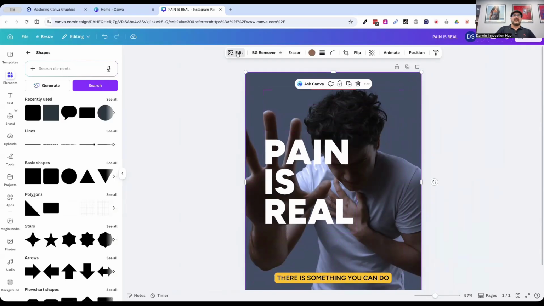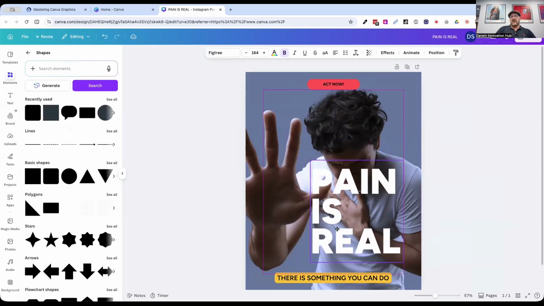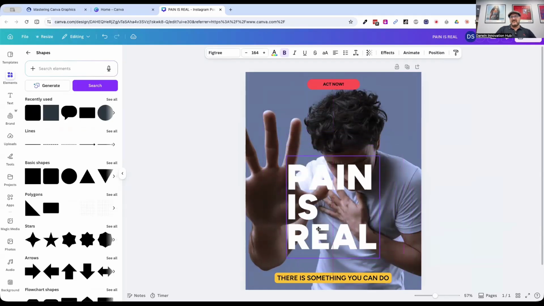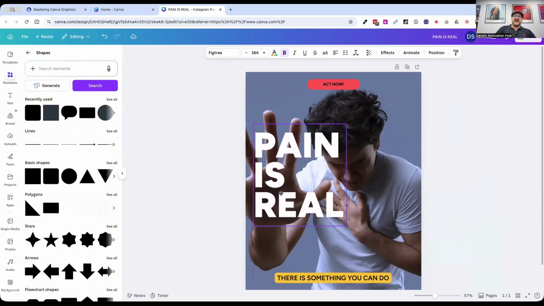But if we went and took that image back to what its natural level was, pain is real is nowhere near as readable there because you've got a white shirt. See how the letters kind of disappear upon that white shirt? We can put it on his hand and it's like on the darkness of his face, the darkness of his hair, and you've got that kind of thing. So that's the sort of things you can look at that can help to really make the text pop